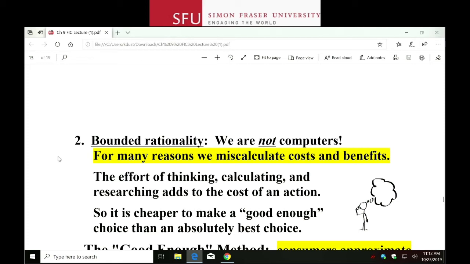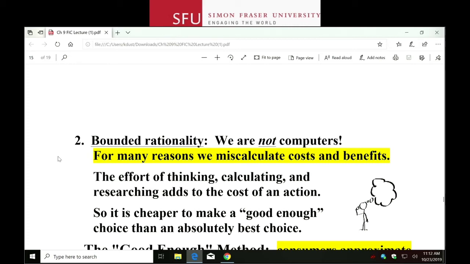make a decision, especially a big decision. Right, if it's a little decision, you don't really think about the effort of thinking, right? If you're just shopping for some new toothpaste, you don't really think about it too much. But if you're shopping for, say, like a new phone, it's not an easy decision, right? You've got so many options, and so you got to look at all these options, and you got to look at the features of the different phones, and then you have to compare the prices,